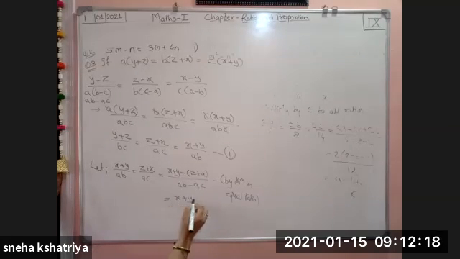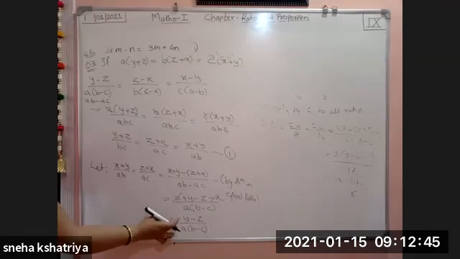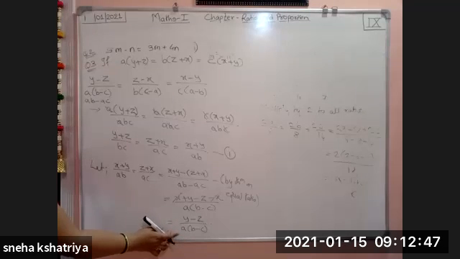X plus y minus z minus x. Okay, minus and minus will multiply, minus x. Take a common inside, so what we will get? B minus c. See here, minus x plus x get cancelled. What remains? Y minus z divided by a into b minus c. So by taking these two ratios, we get y minus z divided by a into b minus c.